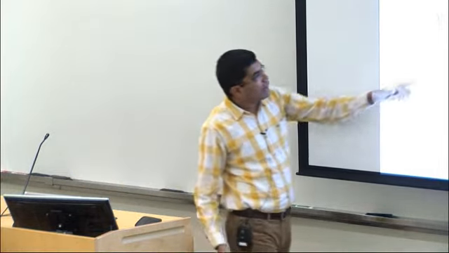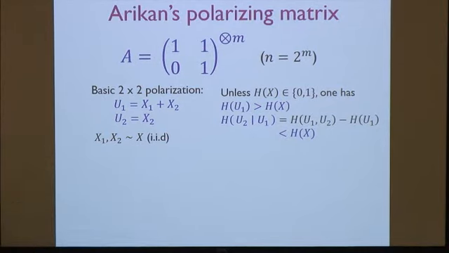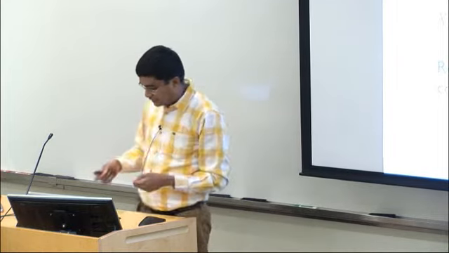Now unless x is already at one of the boundaries, namely it has entropy 0 or 1, the sum of 2 IID copies of x will have more entropy than x, and therefore the conditional entropy of U2 given U1 must be less than H(x), because the sum of the two things is 2H(x). So you have taken two equal entropies and done a linear transformation and split them, one going higher and one going lower. And really what this tensor product does, if you analyze it carefully, is basically this in a recursive way, and the entropy gets driven further and further apart till it settles down at ones and zeros. That's at a very high level